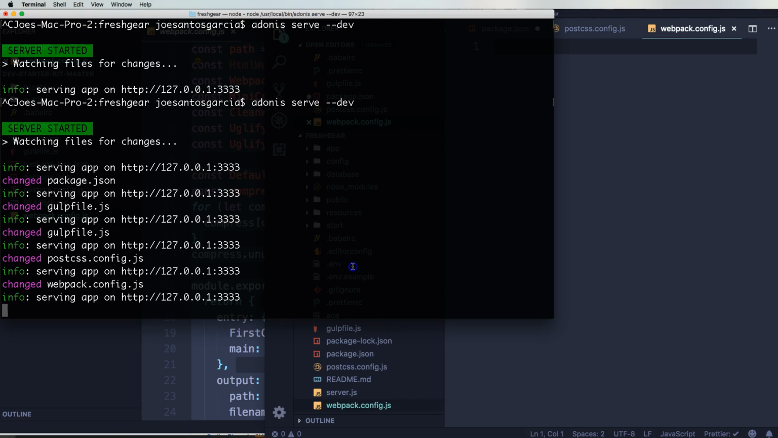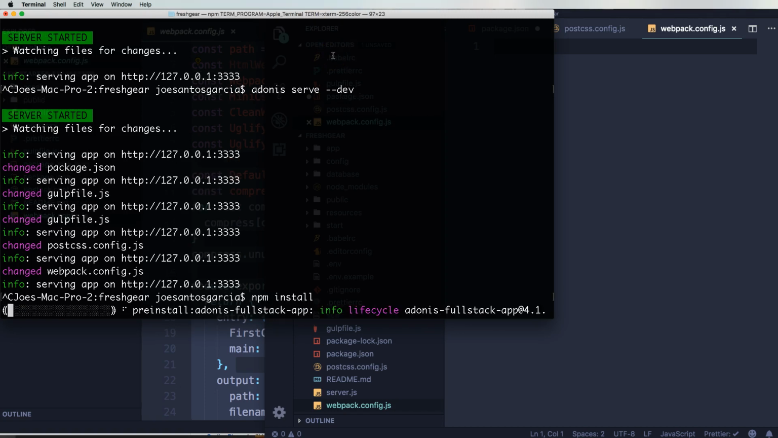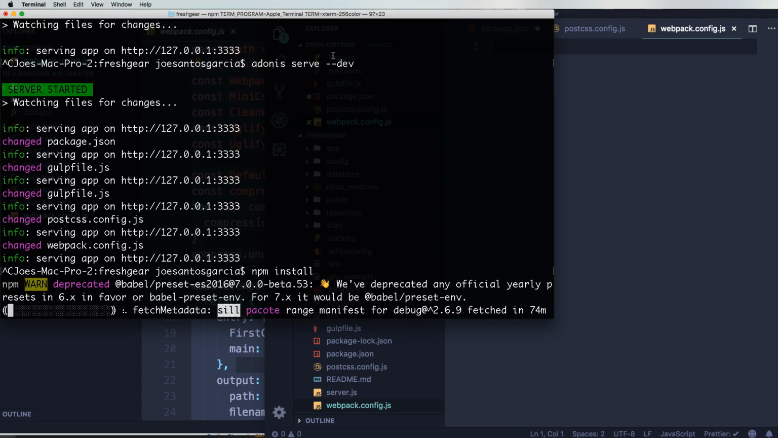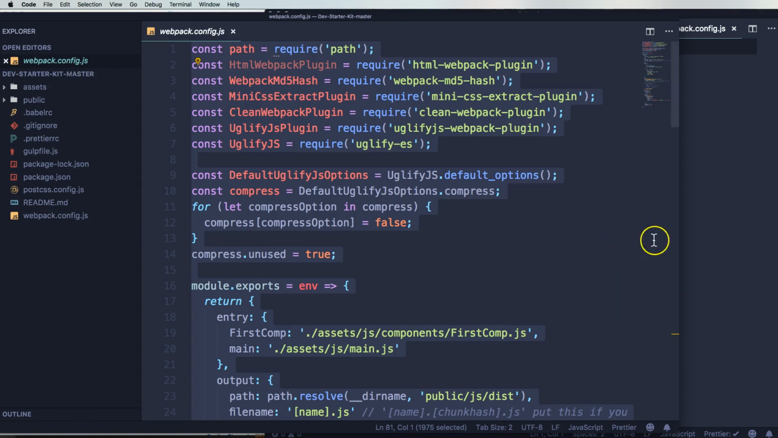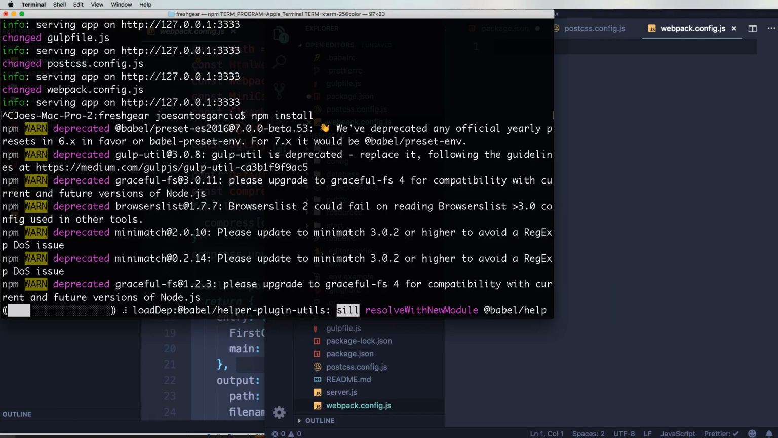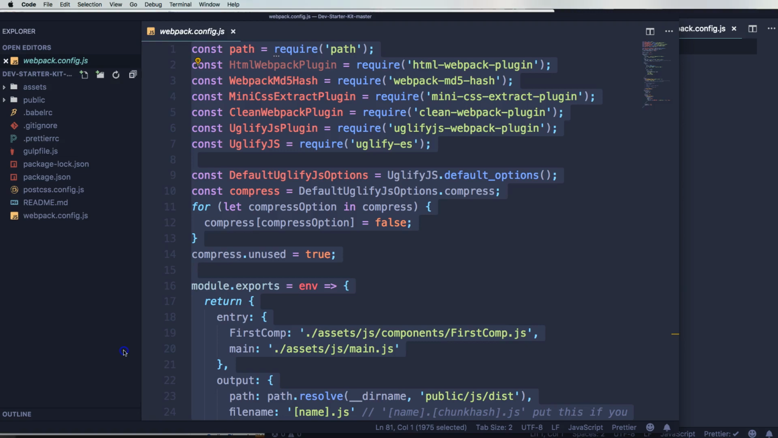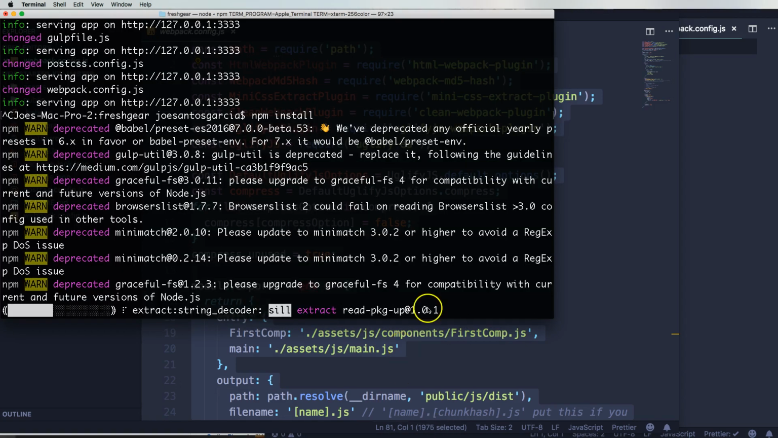We're gonna come here to the terminal. Currently right now, I'm already running my server, which is Adonis serve --dev. So I'm gonna press Control-C. I'm gonna come here and do npm install, so I can install all the dependencies that I need for the web developer starter kit. Okay, so we're just integrating it, right? So we're bringing in what we have in the web developer starter kit and we're bringing it in to our